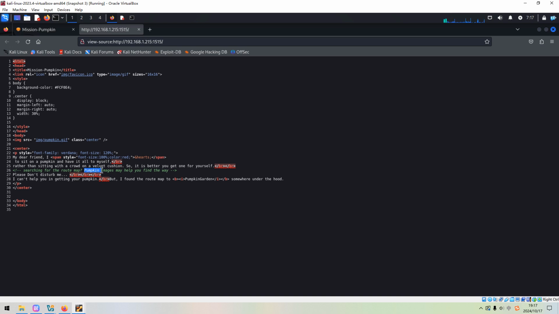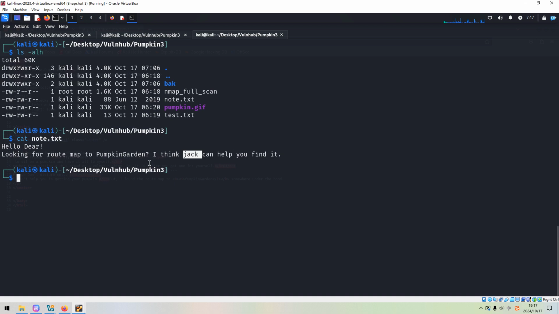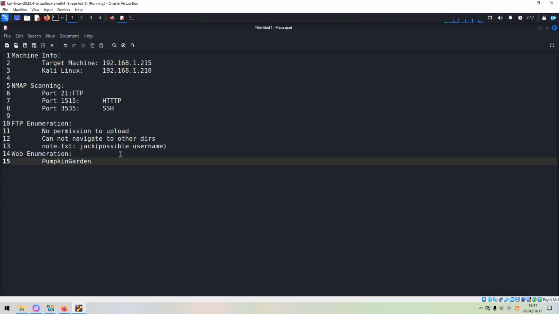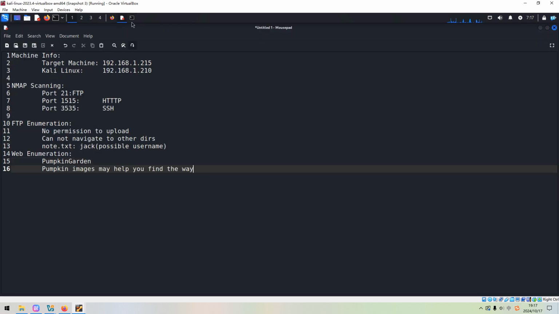So maybe we need to find more useful information from the image. We can copy and note it down to our notebook. But at this moment, we don't know where, right?